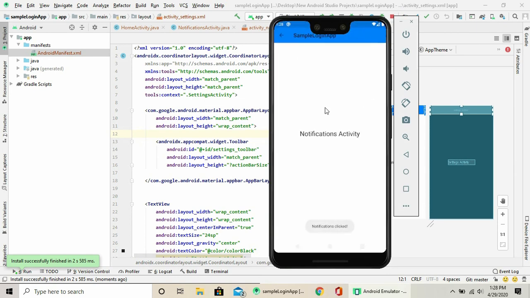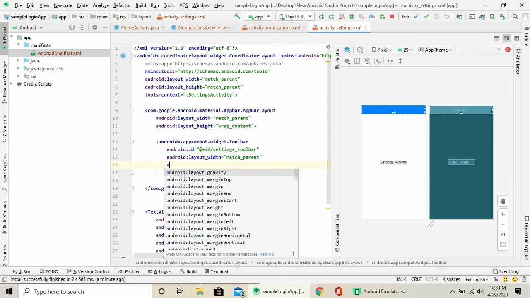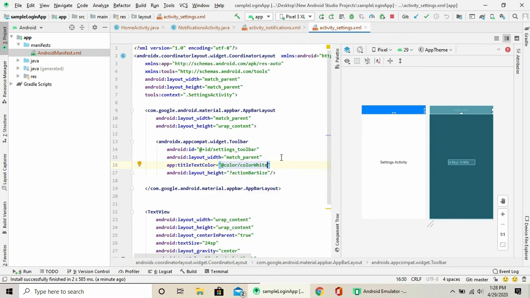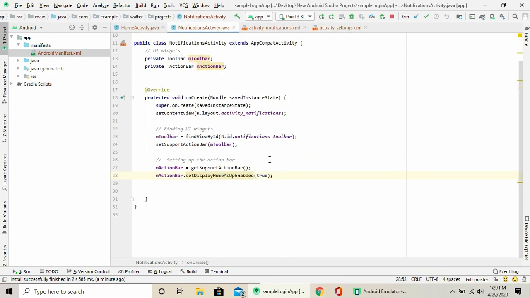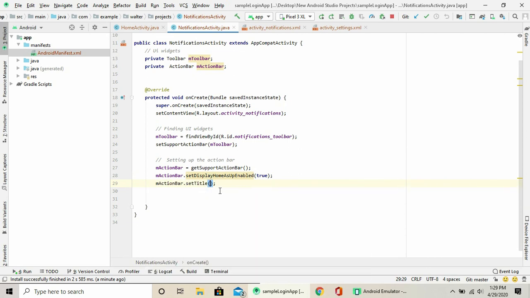Okay, so notifications activity, and going back, fine. So the navigation button works. So under settings also, we can change the app title text color to white. Then just go back to your notifications activity. There's something we've not done, and that is setting the title. We can just set it right now. Action bar, we can just set title to